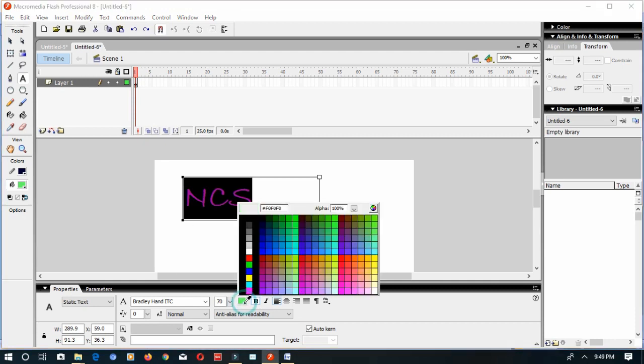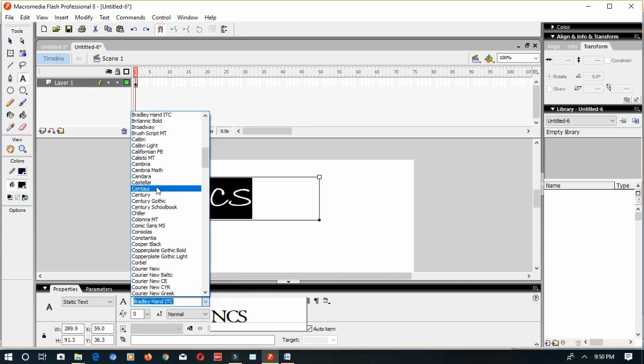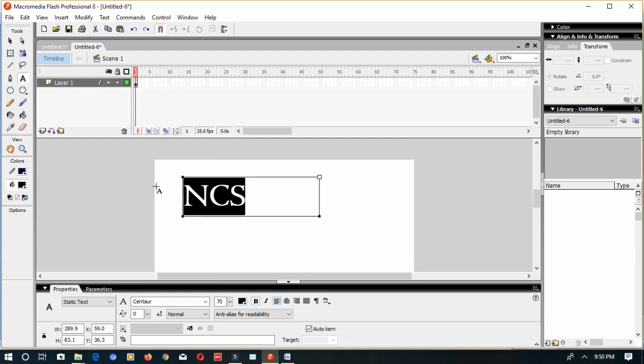Size also can be changed. So I have typed this particular text. It can be any text. Once I have selected it, I can change the font, size and color, anything. Now I want to press Ctrl plus B to break the text box and make it separate objects.